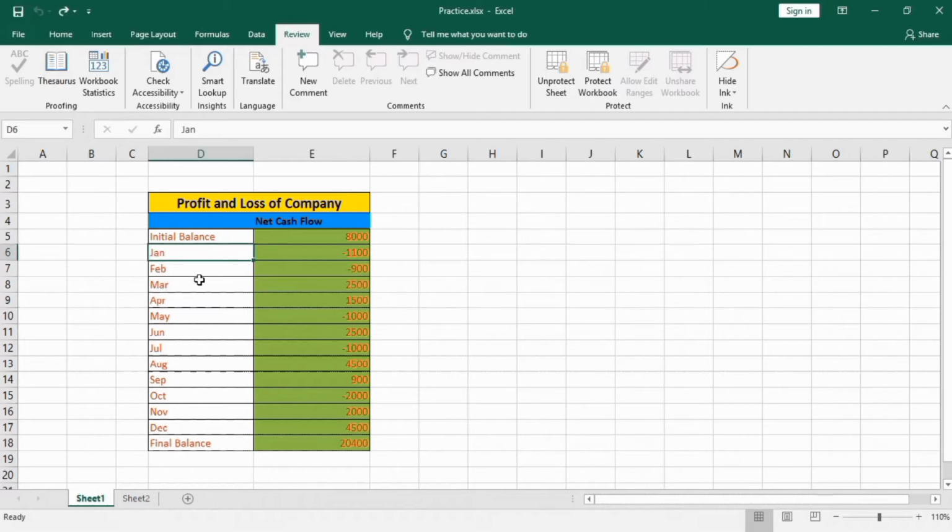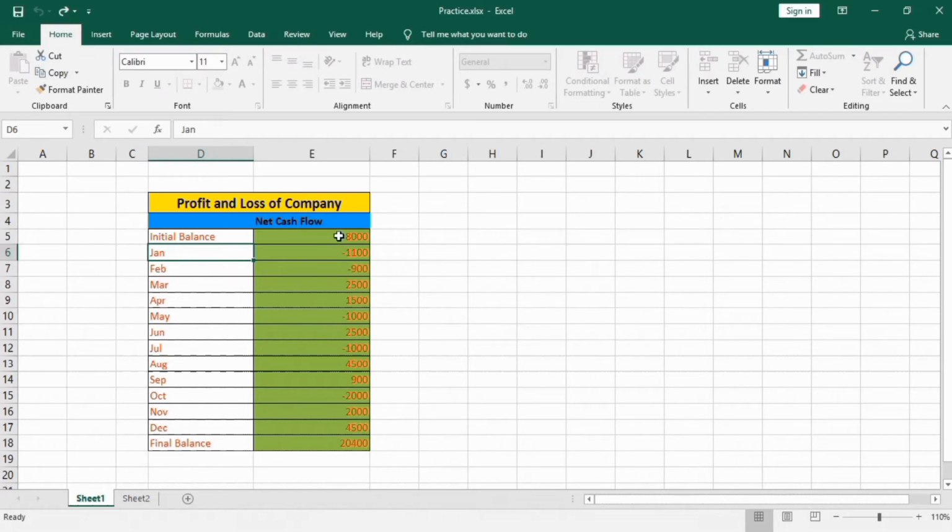Now I want to protect these columns, but still have the option to format them, because currently there is no option to format these cells. You can see here, if you click here, no option appears. So how can we change these settings so that it is protected, but we can still format these cells?